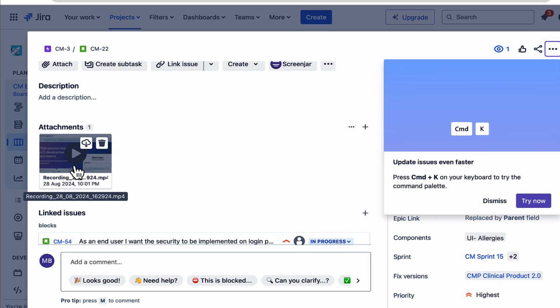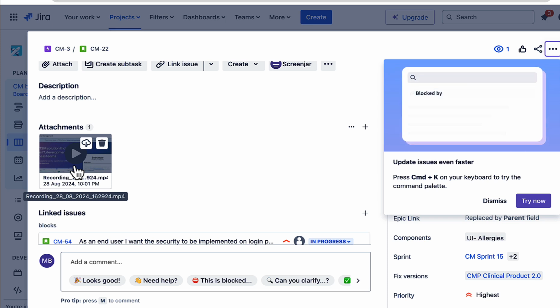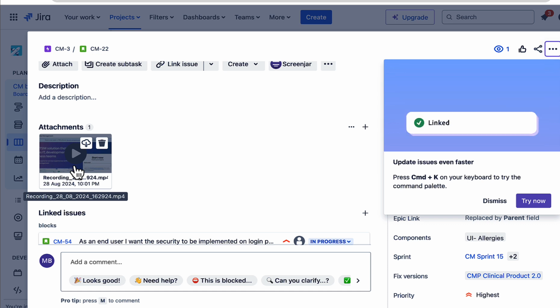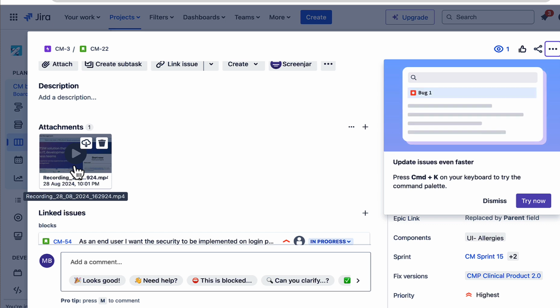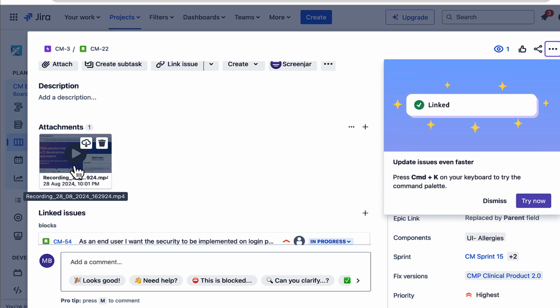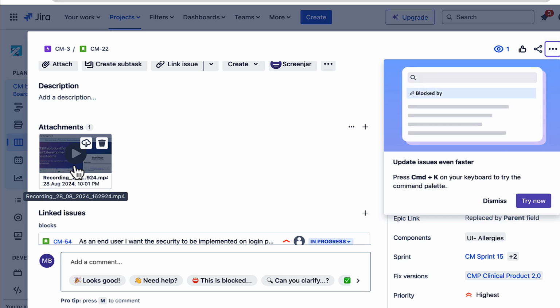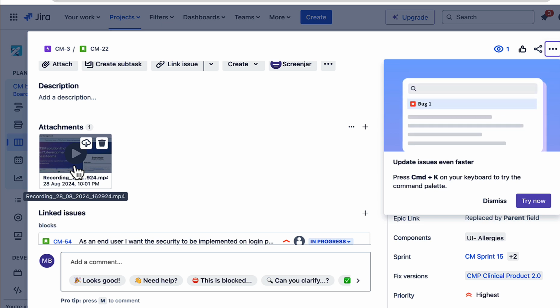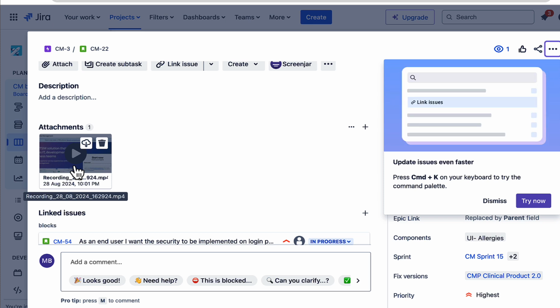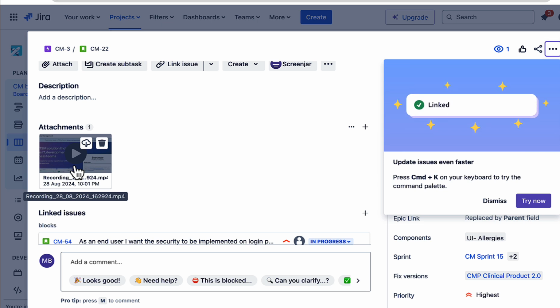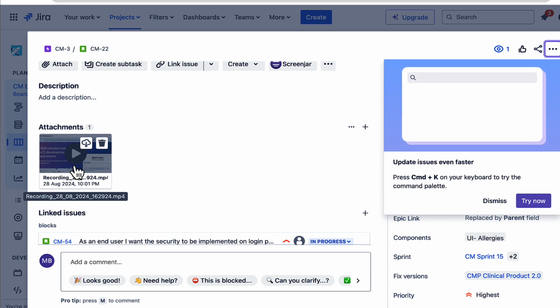Now as we saw, we didn't do any extra installations, we didn't have to get any permission to record our screen, and if we are doing everything from Jira itself, then we won't be violating any of the organization's rules, because nowadays we all know that data security is the most important thing when it comes to the software industry. So that's how seamlessly it works when it comes to recording screens for Jira issues.